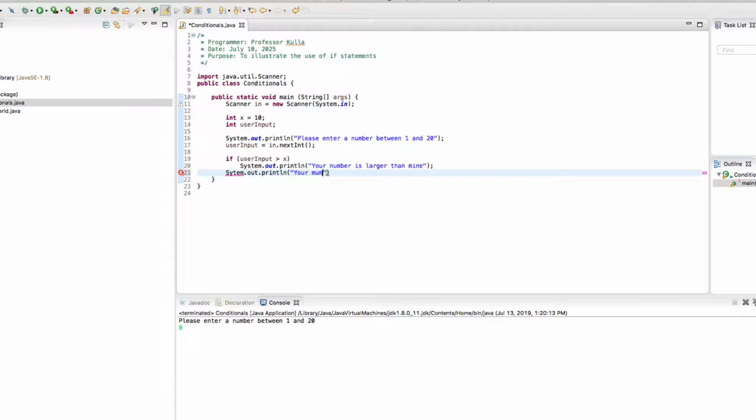Your number was, and then I'll print out their number, user input, and then I'll say, and my number was, and I'll print out my number. But it's